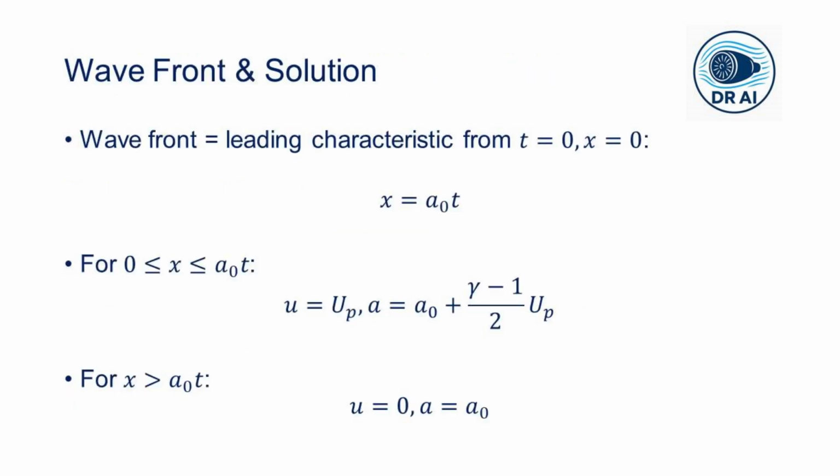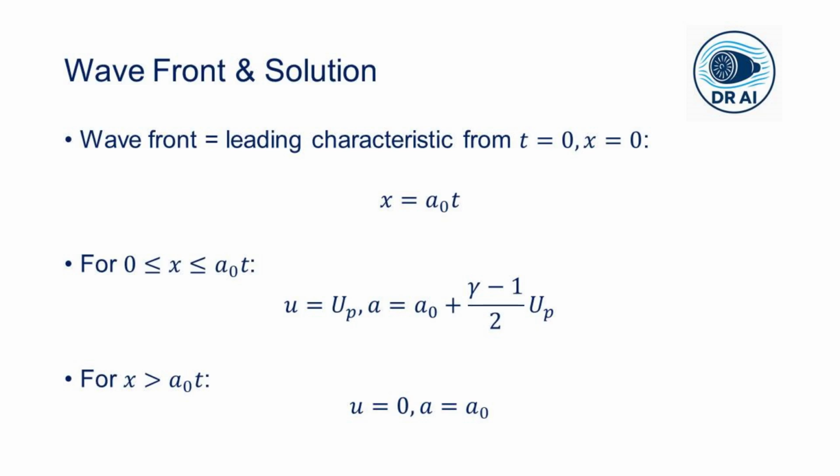So the wavefront is the leading characteristic that started at t equal to 0 initially from x equal to 0 and travels at a naught, since ahead of it the gas is undisturbed. Its position is now x equal to a naught times t. Thus the solution would be, for x values greater than or equal to 0 and less than or equal to a naught times t,